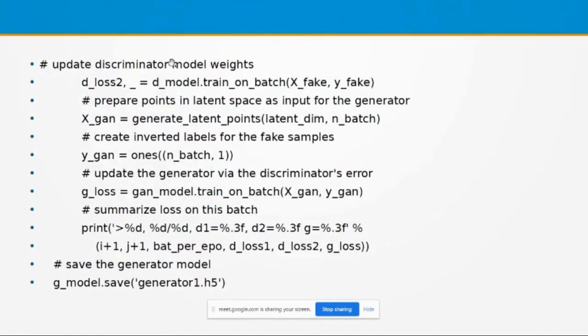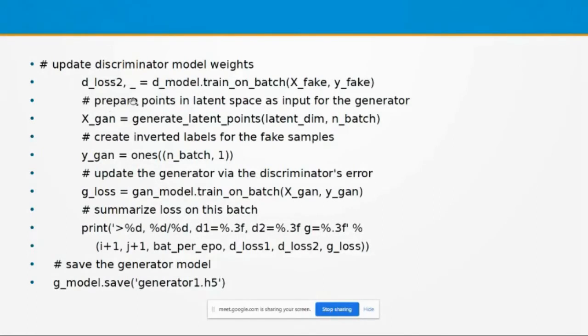So the corresponding loss is now available in D loss 2, and D loss 2 corresponds to the loss for the fake images. The next task is to generate the images. A batch of images is generated, and after generating those images, they are given to the model, and this model will tell you whether the generated image is real or fake.